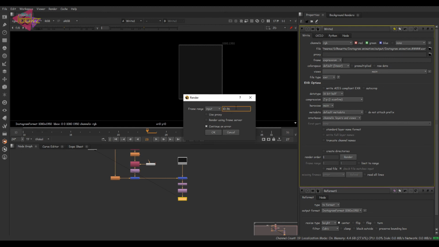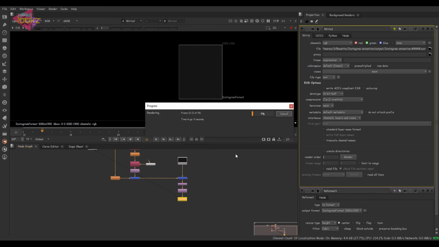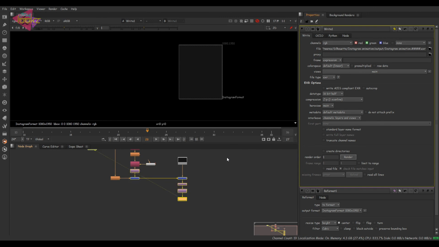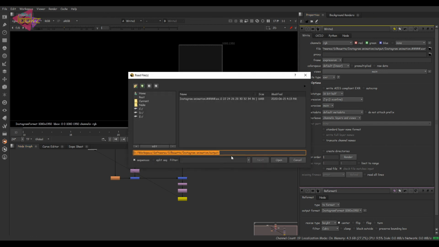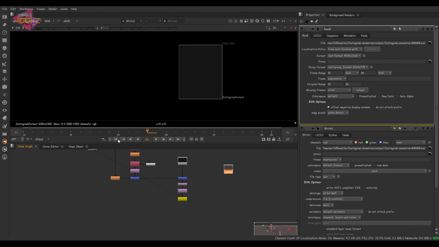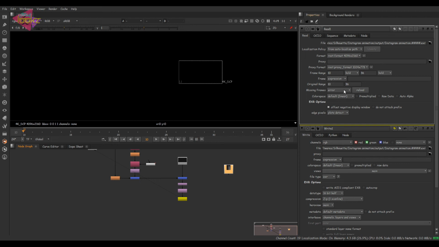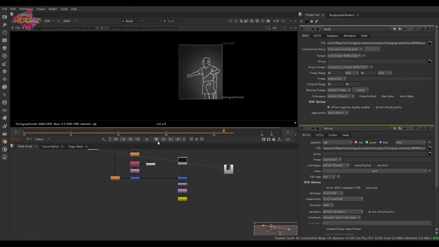So it will render the first frame, then the third frame, then the fifth frame. This is a good idea for rendering consecutive frames. It will skip one frame each time, so just click on nearest frame. Let's see how it is coming. Now we can see a smooth animation, right?